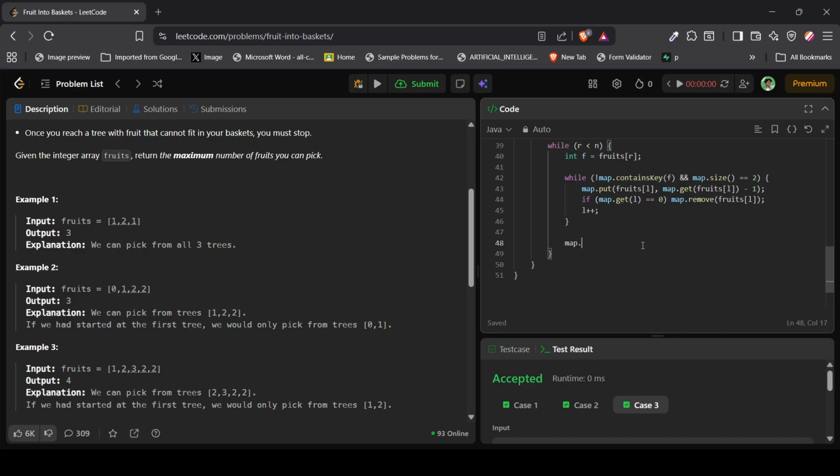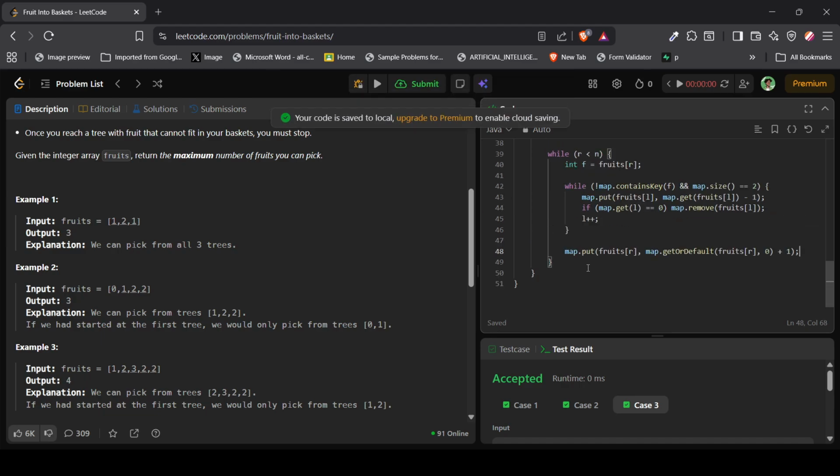So map contains map dot set or put right element, so that is fruits right element, map dot get or default fruits are fruits are 0 plus 1. So that is how we add an element, and the right will also increment, and also we'll have to do